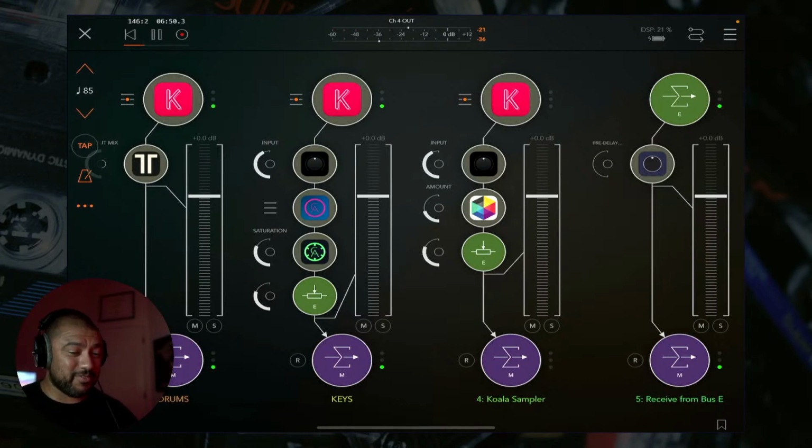Hopefully it was helpful. If anybody hasn't seen AUM or hasn't seen Koala, and you know some of the stuff you can do with Koala in AUM as an AUv3, hopefully